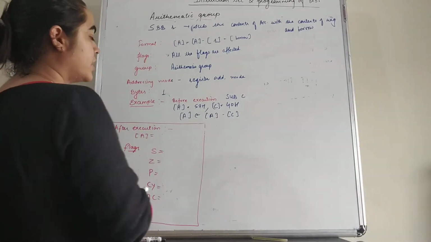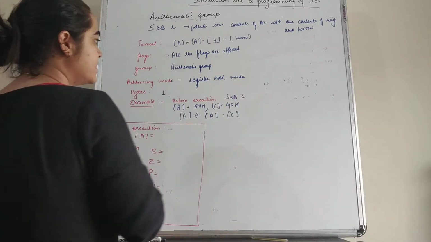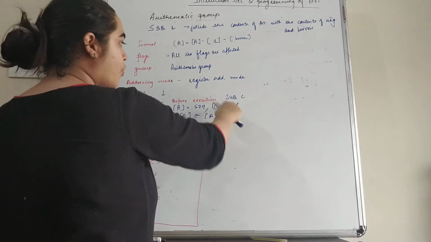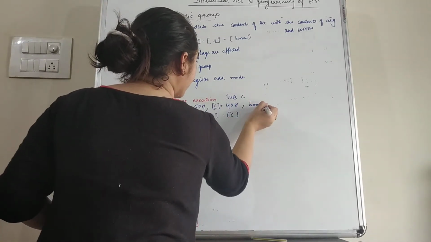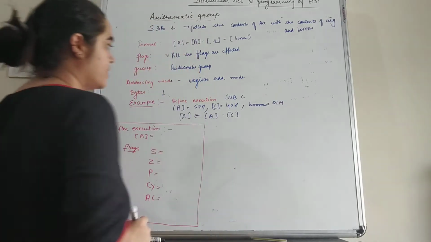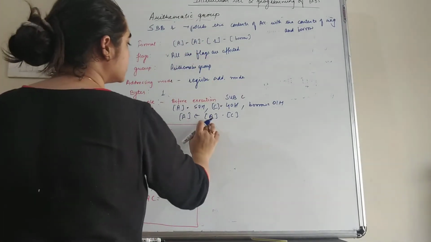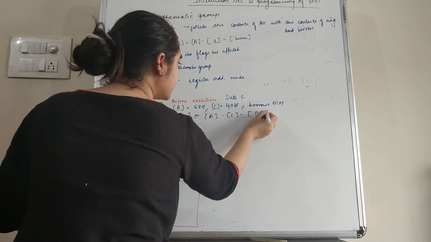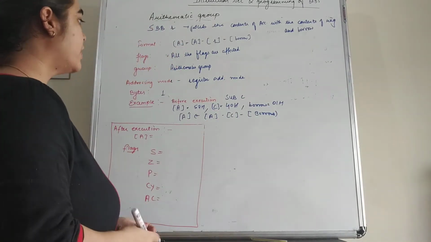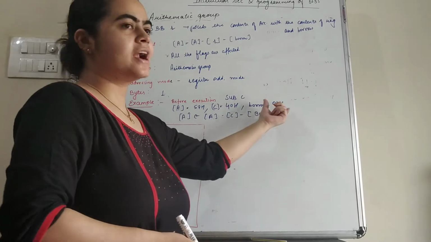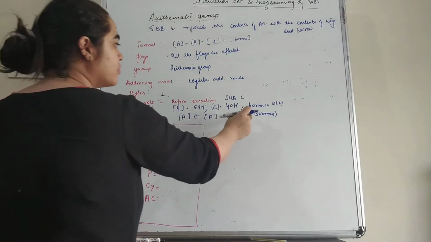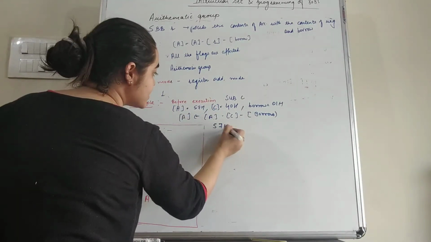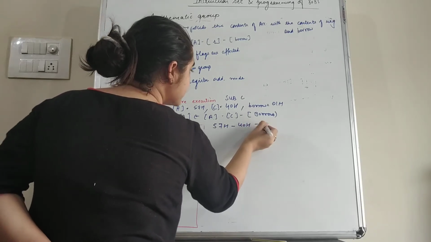So again we have the same example. Suppose SUBC, and in the accumulator we have contents 57H, in C we have contents 40H, and the borrow we have is 01H. Okay students, so the format of this instruction is we can subtract the contents of the accumulator with the carry and with the contents that is borrow. So initially we add 40 and 01H, and whatever will be the value after addition, that we subtract from 57H. So 57H minus 40H minus 01H.